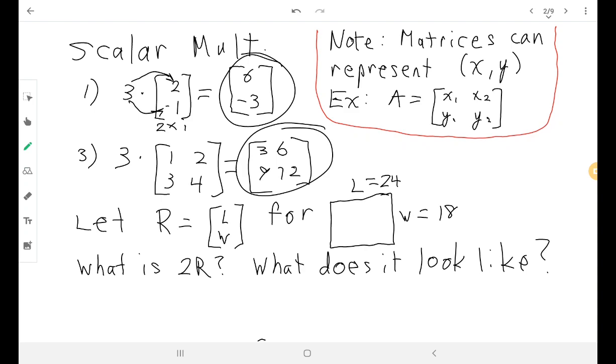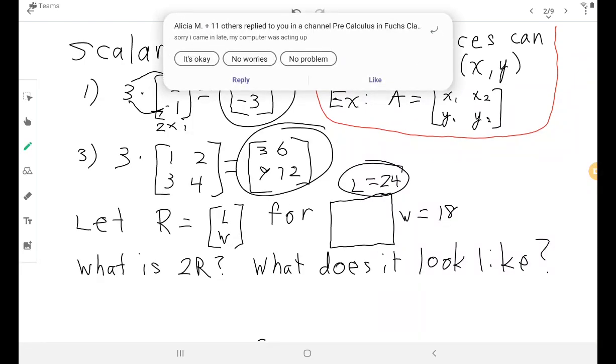So in this one we have matrix A, which has a point x1, y1, and then a point x2, y2. Okay? But it can also be used to represent the dimensions of, say, a rectangle, like down here, where we have it representing the length and width of a rectangle. And so if I tell you that the length of this rectangle,